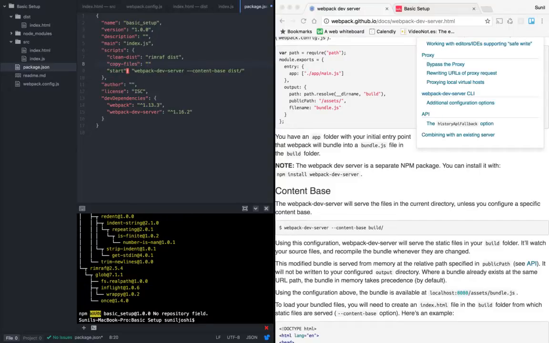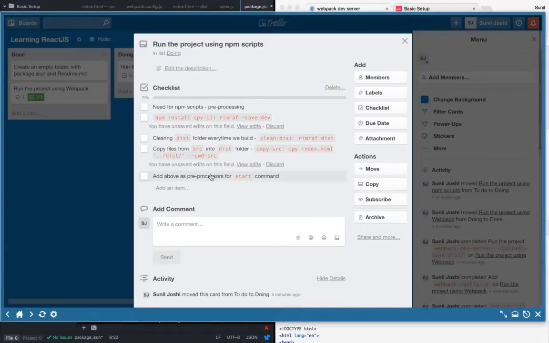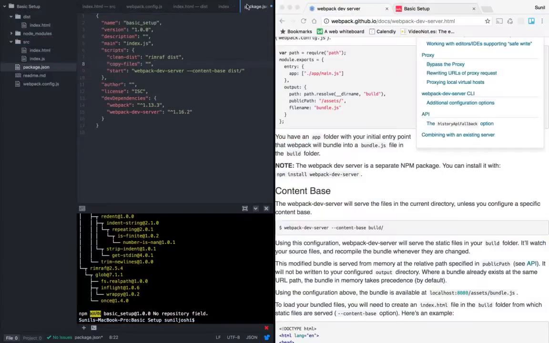For the copy command, I'm going to copy it from my Trello card, which I already have, because I might go wrong here. So here is the command we have out here. I'll explain what this is.